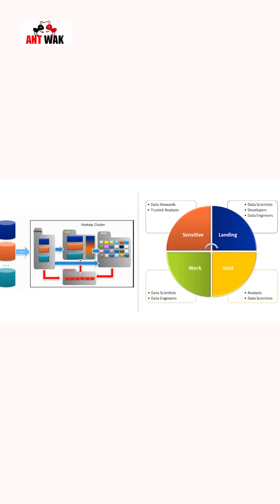So first we will go into the landing zone. Usually what happens is only highly technical developers, data engineers, and scientists get access to this landing area. In general, users of the landing area must have a compelling reason to perform their own data treatment or processing. So analysts usually don't have the clearance to access this area of data, but they access the gold section of the data. So what is the gold zone?